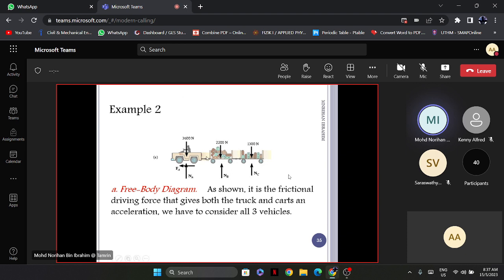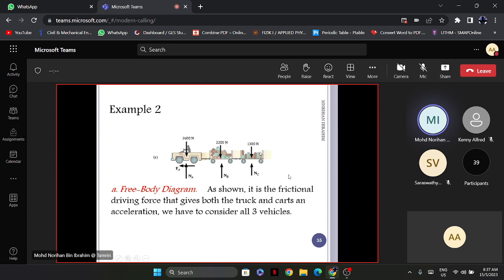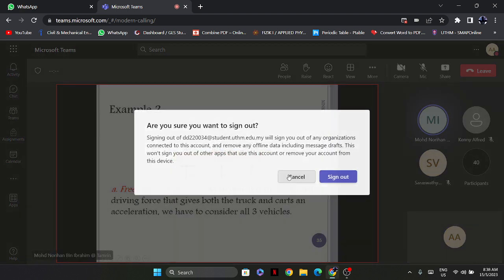So from this free body diagram, we need to consider all of these weights. The weight of truck A is equal to 3,600 Newton, cart B is 2,200 Newton, and cart C is 1,300 Newton. So NA, NB, and NC actually represent the normal force on